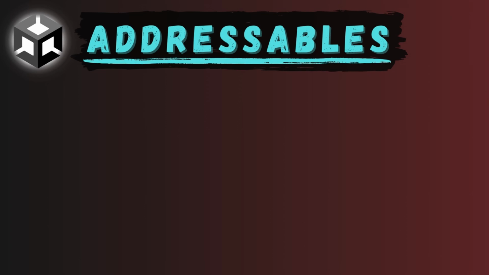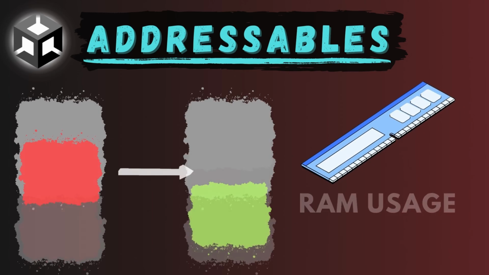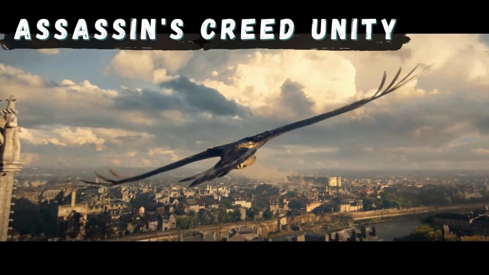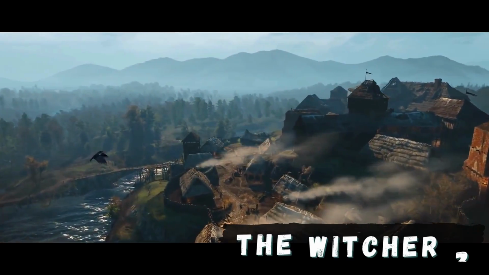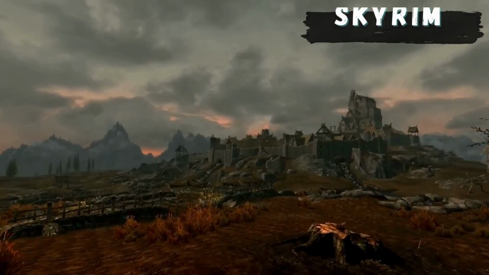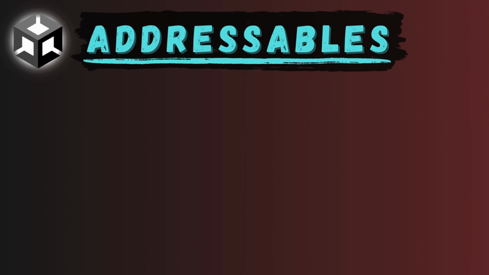Unity Addressables give you more control over how and when everything is loaded into the game, which will help you save gigabytes of your RAM. It is especially useful for loading large worlds like in games Assassin's Creed, The Witcher or Skyrim. It will also help you improve the performance on mobile devices, and the most useful feature is connecting it